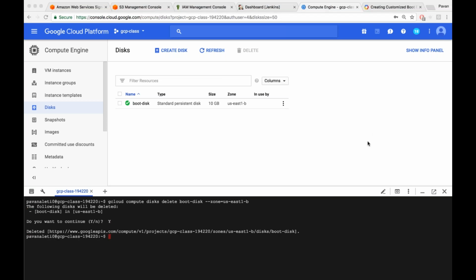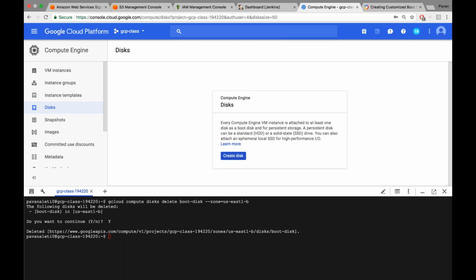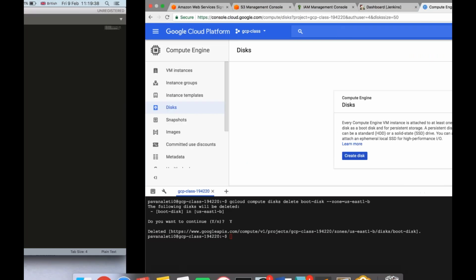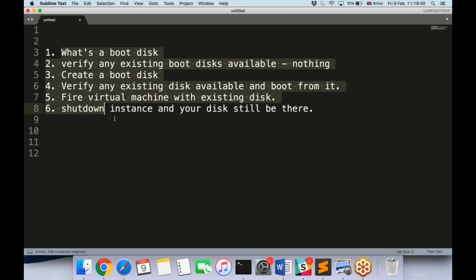It might take a little while. Did you guys notice here? This has been deleted. I know that you are able to see this in the console, and it takes a little while to reflect here. Maybe you can check it. You can just click refresh here, and then you can observe that the disk disappears. So this is it, guys. Hope all this is covered now. The disk was still there, and then we removed our boot disk